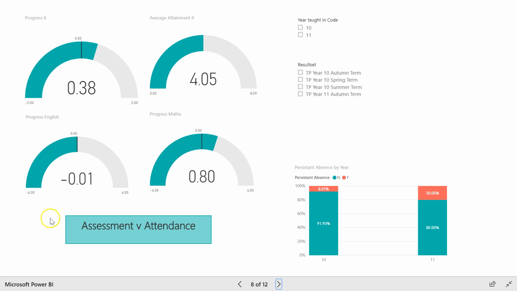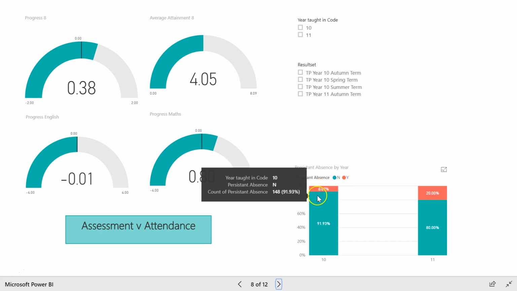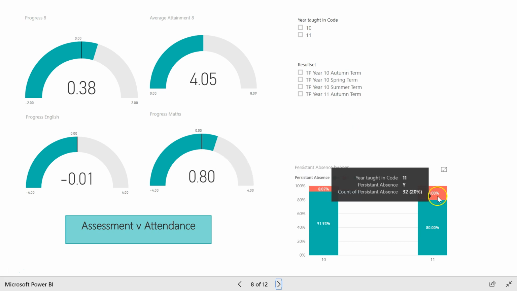Moving on to the next one, here we're comparing assessment and attendance. Along the top, we've got the Progress 8 measures here: overall Progress 8, average Progress 8, English and Maths. And then we've got some persistent absence figures here. So here we've got the number of persistent absentees in year 10 and the number of persistent absentees in year